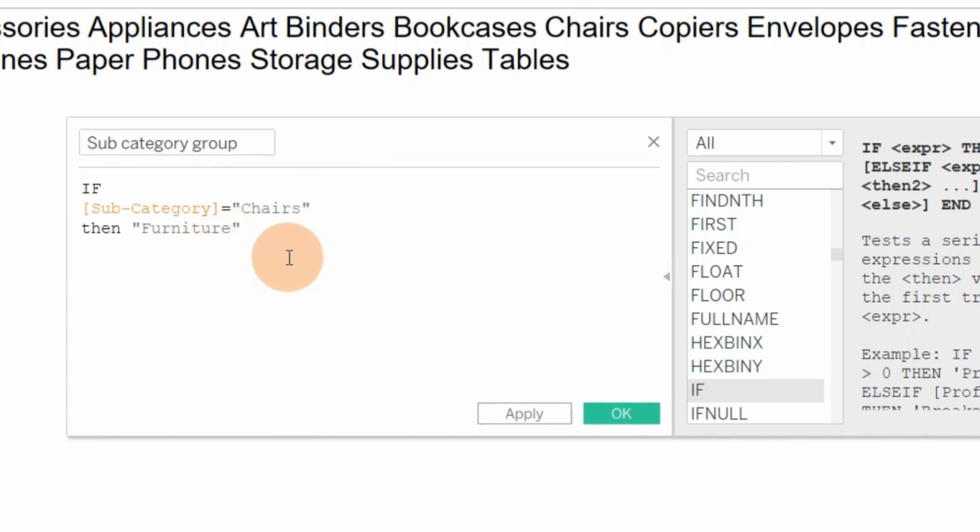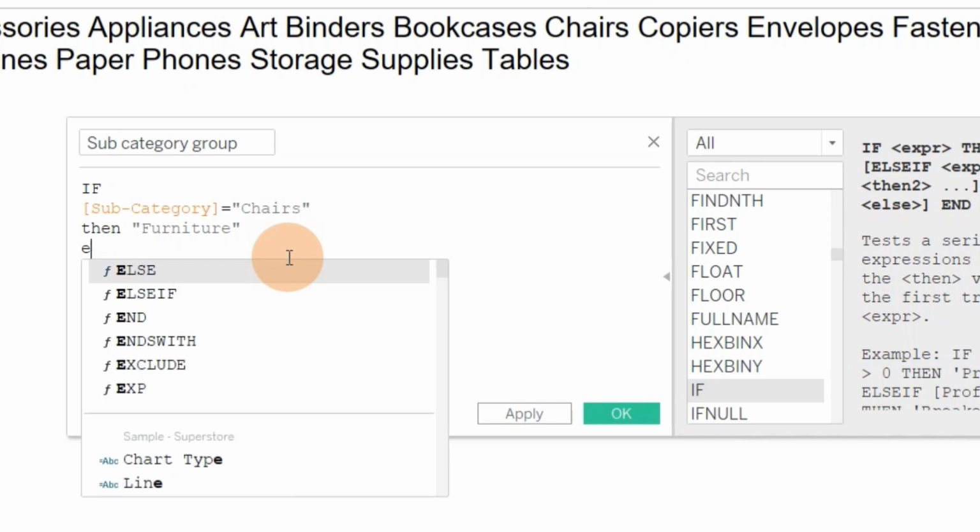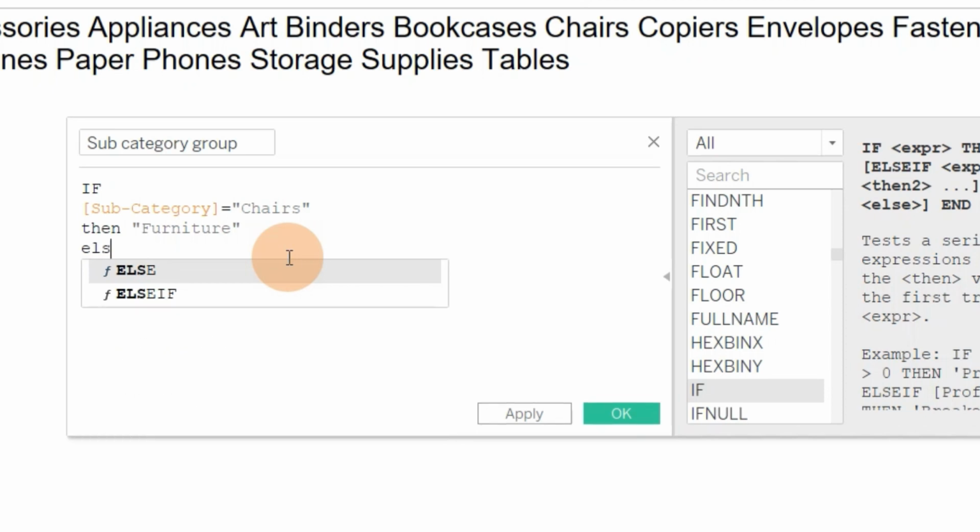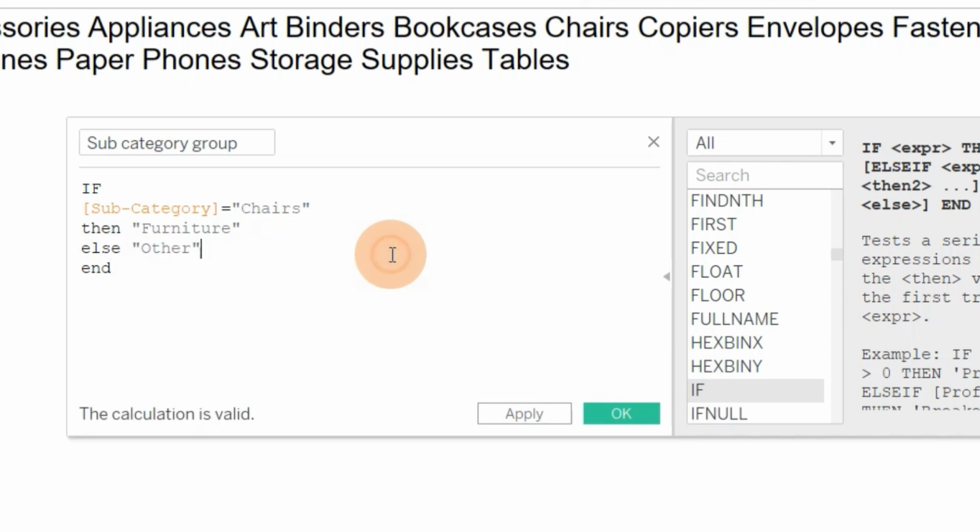And if it is not, then I can directly write END, and it will give a null value. And if I want something else, I want to write other here. So I will write ELSE other and then I will write END.